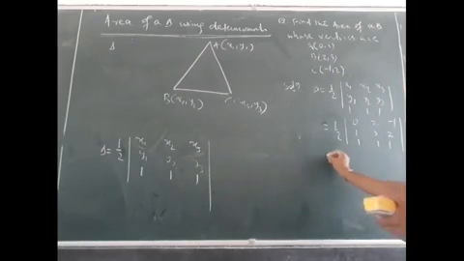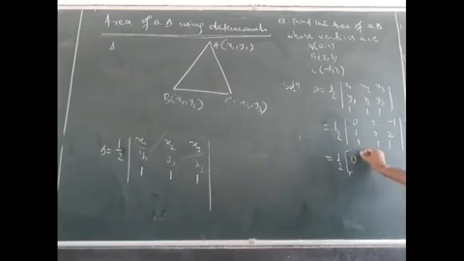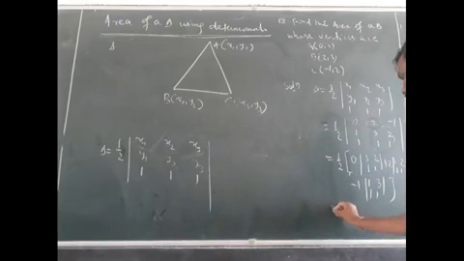Okay, now let me expand this. This is half. Now if I expand, this one will be 0, and the left things are 3, 2, 1, 1. Then in place of +2 I will be writing -2 because the sign convention is positive, negative and positive. So here I will be writing -2 and the remaining things are 1, 2, 1 and 1. Then -1, remove this one, this is 1, 3, 1 and 1. Next, half.